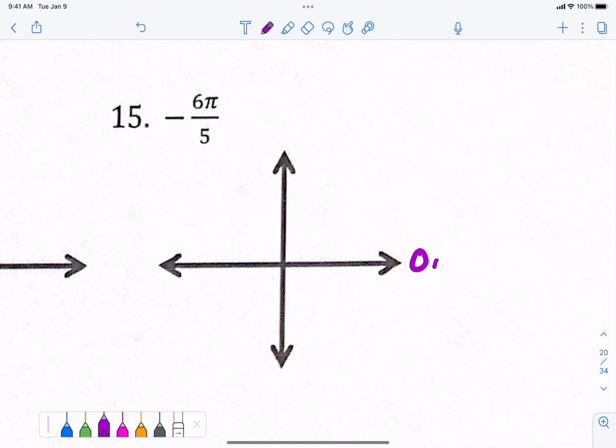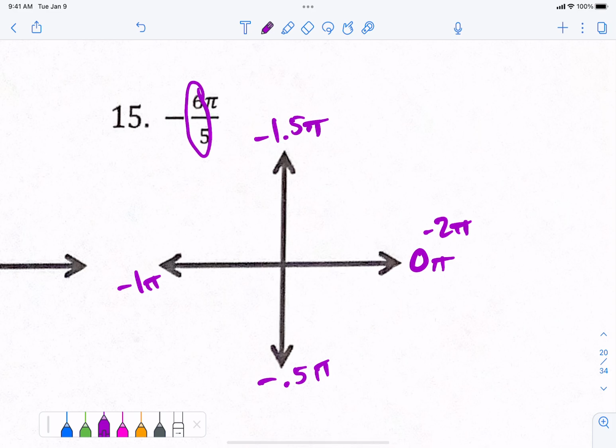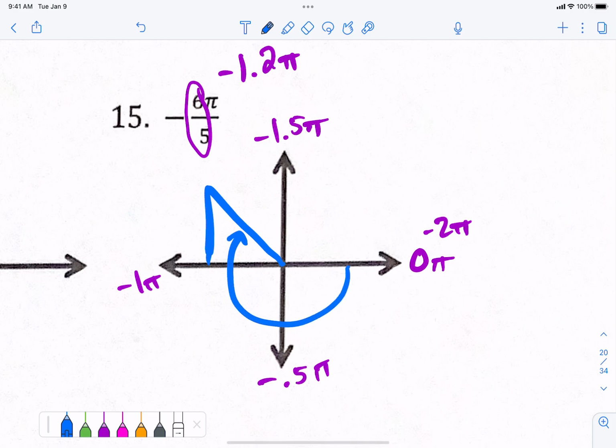So here we are at 0 pi. This is negative 0.5 pi. This is negative 1 pi. This is negative 1.5 pi. And this is negative 2 pi if we keep going all the way around, okay? 6 over 5 is negative 1.2 pi. Okay, so what quadrant will we be in? 2, right here, right? Okay, so that means from here all the way around to here is negative 6 pi